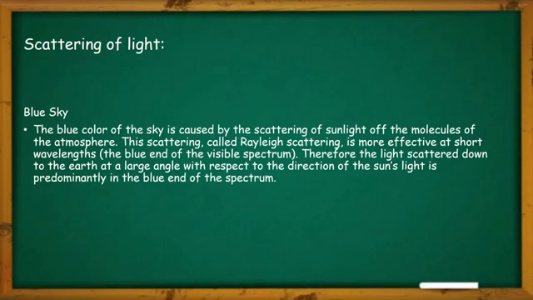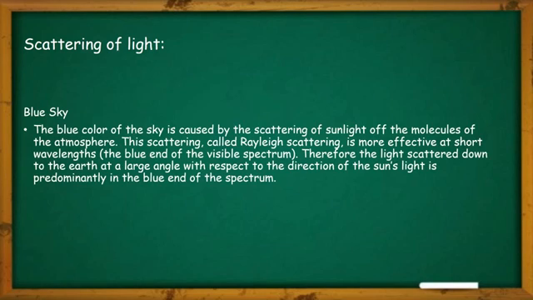Let us know in detail about the blue color of the sky, why it is visible. As I told you, in the Tyndall effect, because the light gets scattered from tiny particles, the path of the light becomes visible. This is why the color of the sky becomes blue. The blue color of the sky is caused by the atmospheric scattering of sunlight. When the sunlight enters the atmosphere, it gets scattered by the particles suspended in our atmosphere. We also call this scattering Rayleigh scattering.